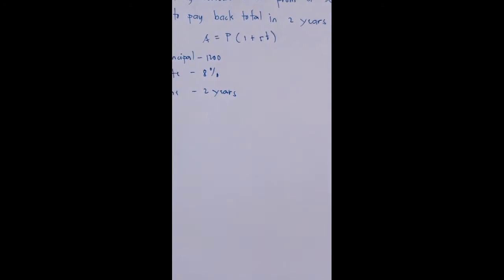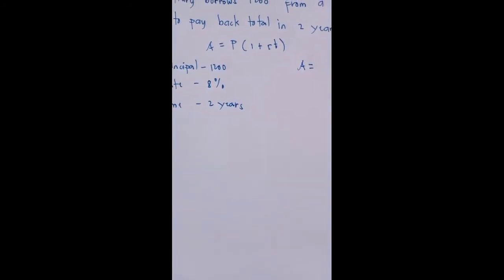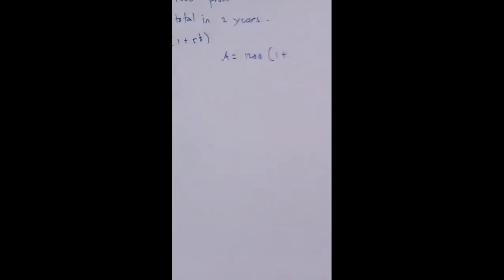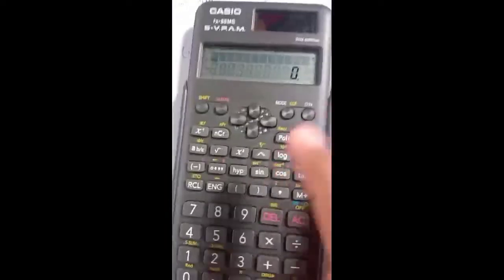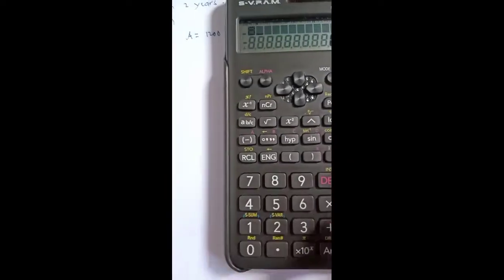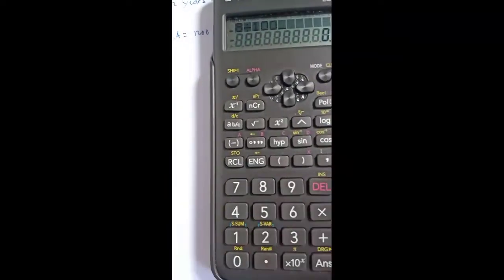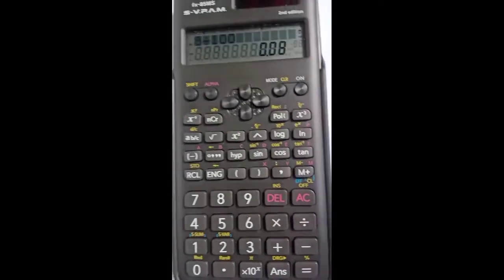So let's try solving it. A equals, and the P will be 1,200, times 1 plus the 8% in decimal, which is 8 divided by 100, and the answer is 0.08,